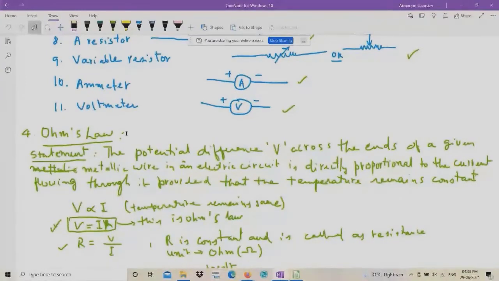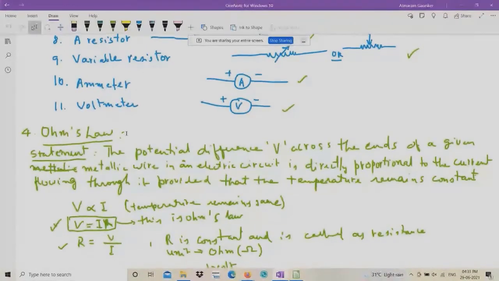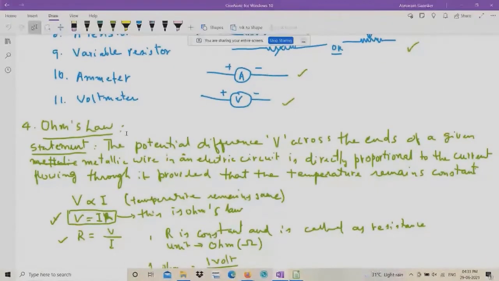Now we have learned only 2 formulas in the previous 2 subsections. Now here we will learn only one formula, and based on this one formula we will derive or remember the other formulas. You see, what is Ohm's law? In simple fashion, you remember Ohm's law as: voltage, or the potential difference, is directly proportional to the current, meaning if voltage is more, then current is more. Voltage is less, current is less.